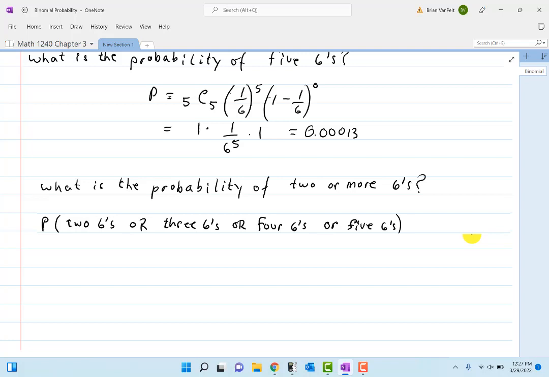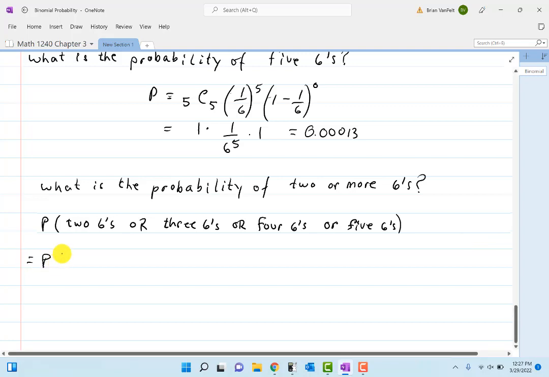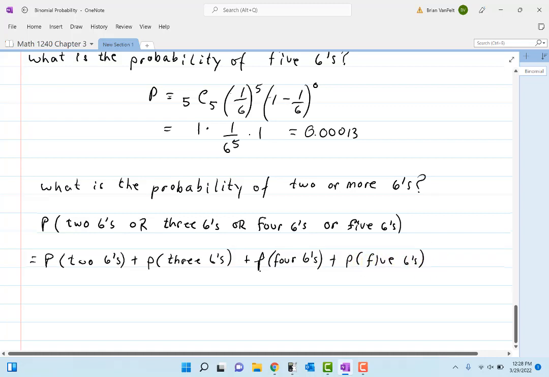So what that means is I can rewrite it as the probability of 2 sixes plus the probability of 3 sixes plus the probability of 4 sixes plus the probability of 5 sixes. And we did each and every one of these. If you recall, this was